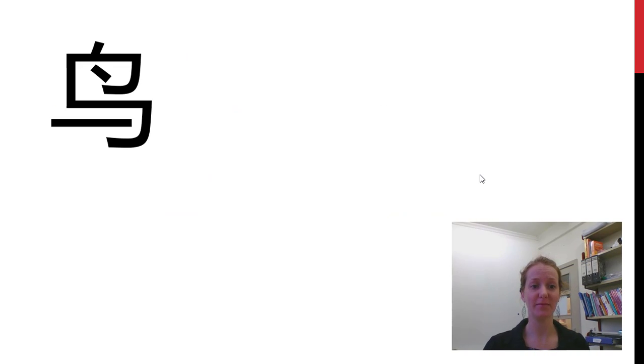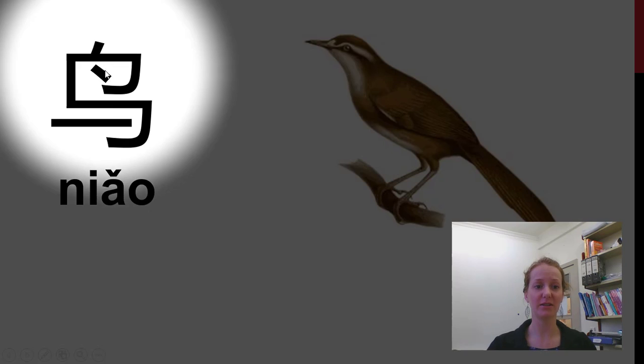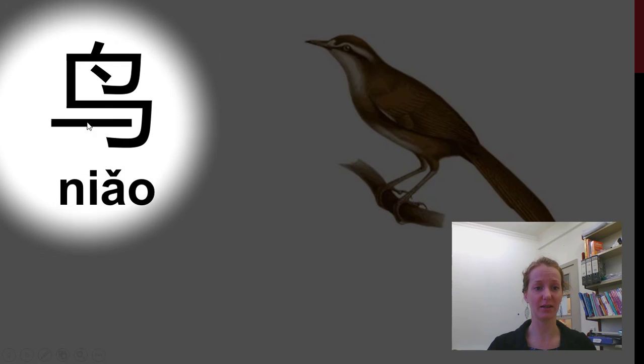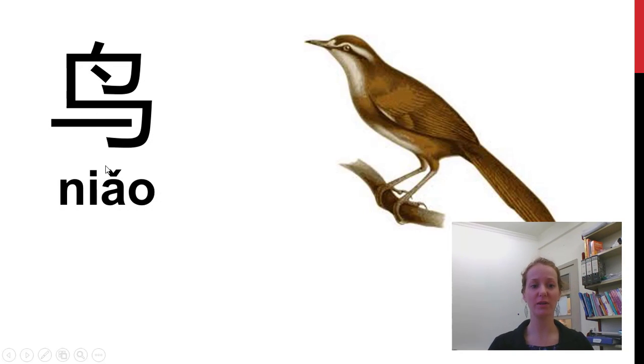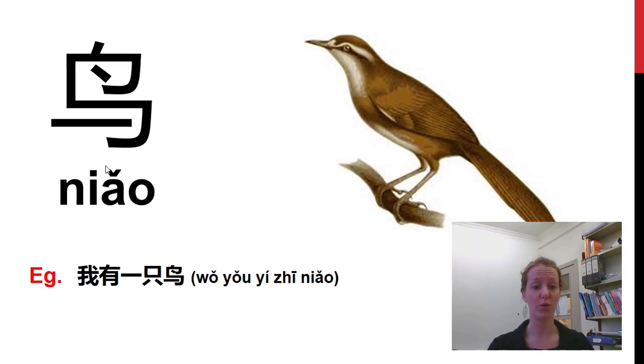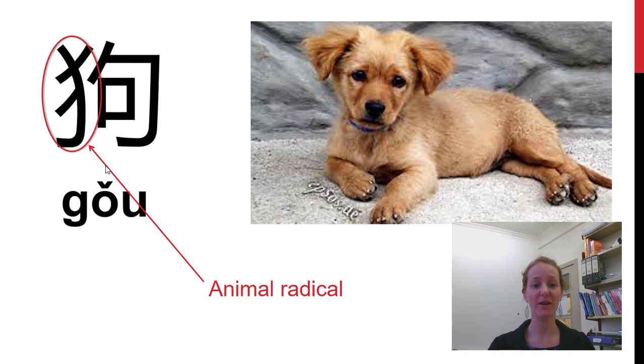So the first one, meow, meow. Originally a lot of the characters for animals came from pictures. As you can see, you can imagine that the bird is sitting on the stick, and this is the bird here, and maybe its beak or a little top feather or something. As we go through, try and think of ways that you can remember how to say these animals and remember to recognize the characters. For example, 我有一只鸟。这是什么？这是狗。狗。